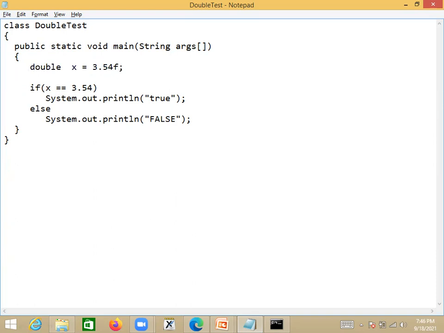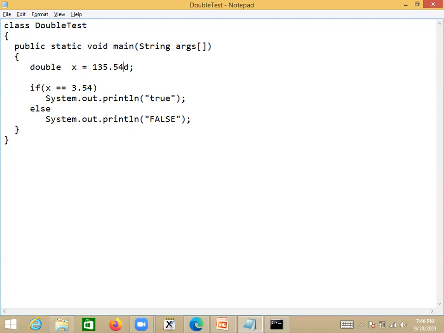Sir, my doubt is about D for the float. D you can store, but for float, if you declare 3.54D, still you will get an error. Any fraction number you take, whether it is 3.54 or 13.54 or 135.5, will be considered as a double type number by default.